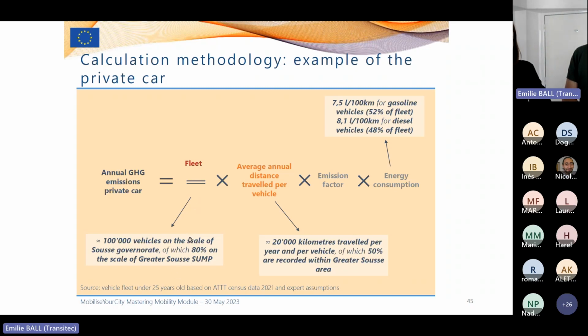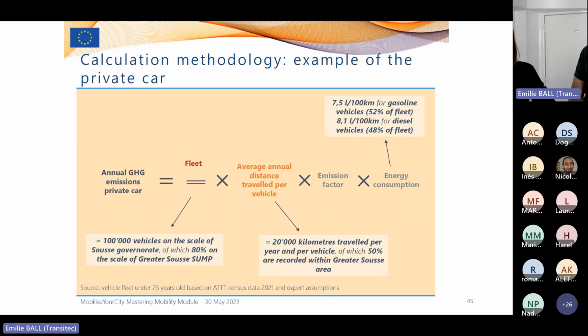And we made an assumption and said, well, we can imagine that 80% of the vehicle fleet is within the Greater Sousse area. And then we had to enter the average annual distance traveled per vehicle. So we had different types of data. We also exchanged with local authorities to know if they had an average annual distance, if they know about it. And we concluded that on average, each vehicle traveled almost 20,000 kilometers per year, but only 50% of those